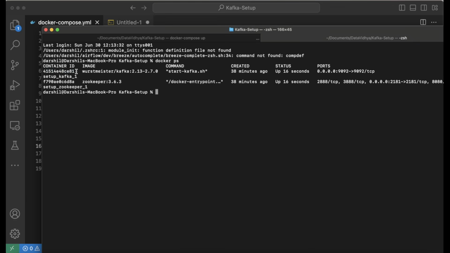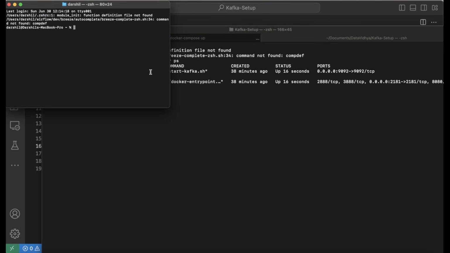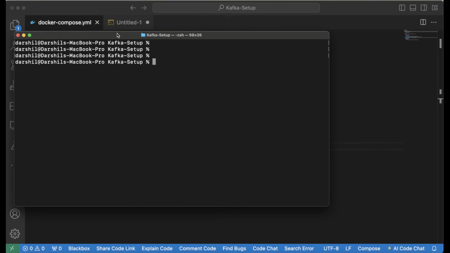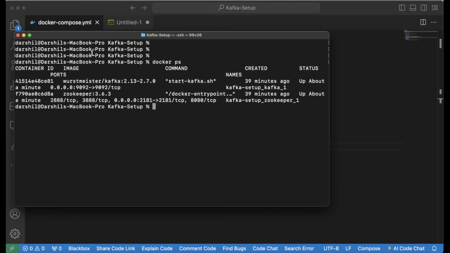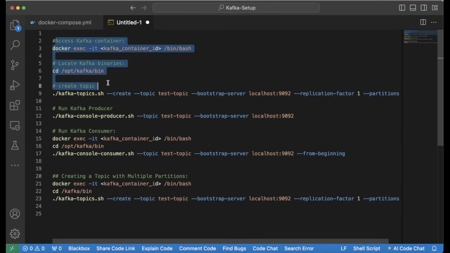Now what we can do is log in inside one of the containers and create the producer and the consumer code. So I'll just open a new window with the basic profile. So this is the new terminal that I have. Over here, I'll first do docker ps and get the container ID. Okay, I'll copy this container ID and then I will write docker exec -it, paste the container ID, /bin/bash. Okay, what this will do is log me inside the Kafka container so that I can run my producer and consumer commands. First of all, as you understood, we need to create a topic. So all of the commands are available here.